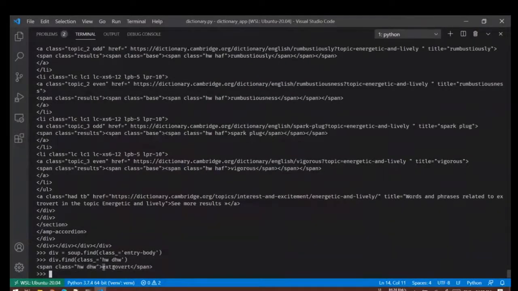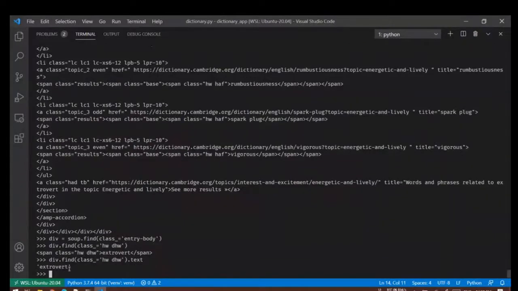We are getting the word. If you want the text that is present inside the span tag, this is the opening tag and this is the closing tag. So if you want the content that is present within these tags, you just have to say dot text. It will give you the word.